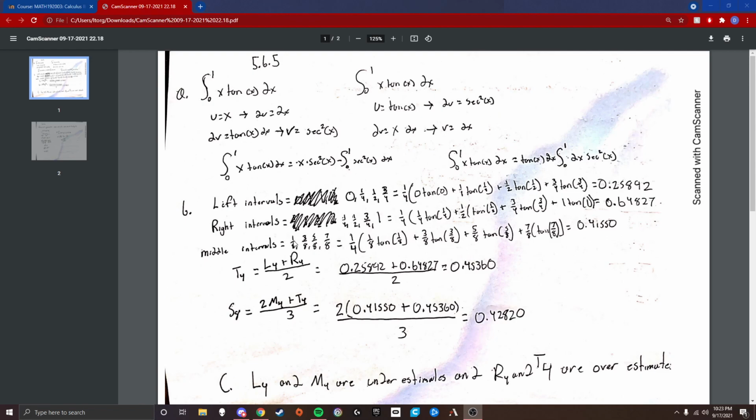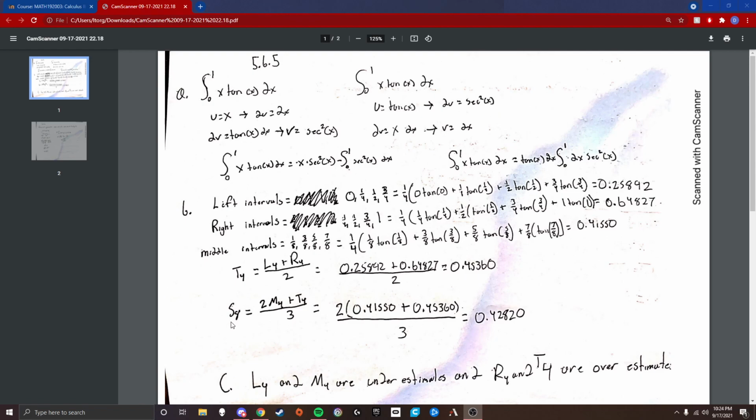And then we'll do the same, of course, for the right intervals and the midpoint intervals. For the midpoint, we'll get our interval values 1/8, 3/8, 5/8, and 7/8. And so we plug that in, we get 0.64827 for the right interval, 0.41550 for the midpoints. And then in order to find T4, it's just the average of the left and right intervals. And so we plug those numbers in and we get